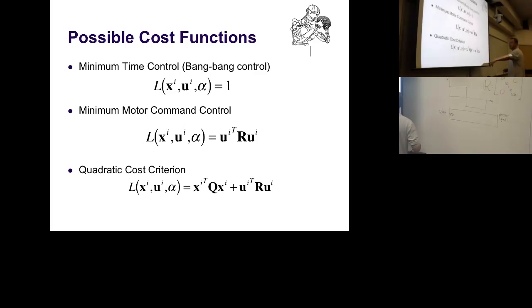Now you can also take very complicated terms. Any arbitrary nonlinear term in X and U and whatever you want. The issue is that if you do this, you will see that you cannot solve that optimal control problem analytically anymore. You have to do a complete numerical solution. If it looks like this, it actually is very easy to solve. That's a quadratic cost criterion, and you will see in a second how this inserts into the equations, and it's very straightforward to work with.